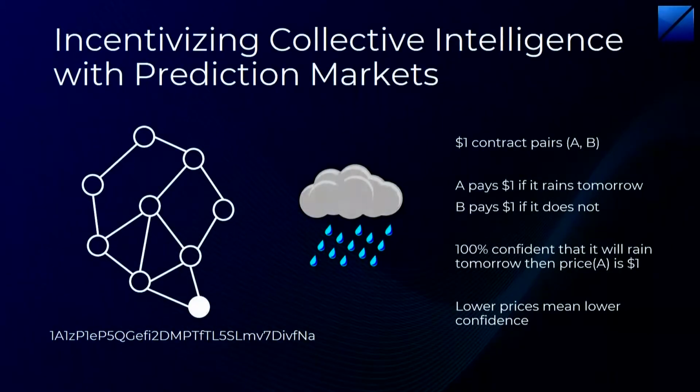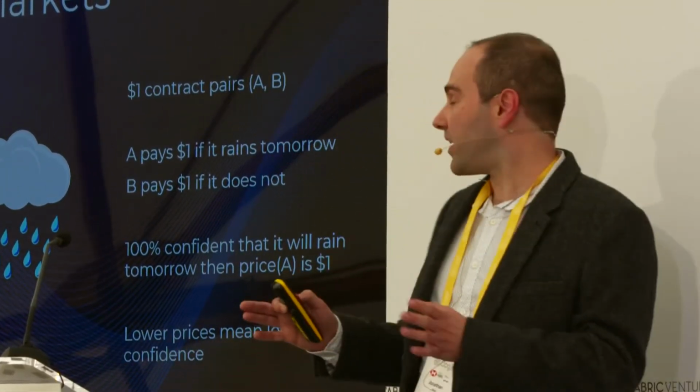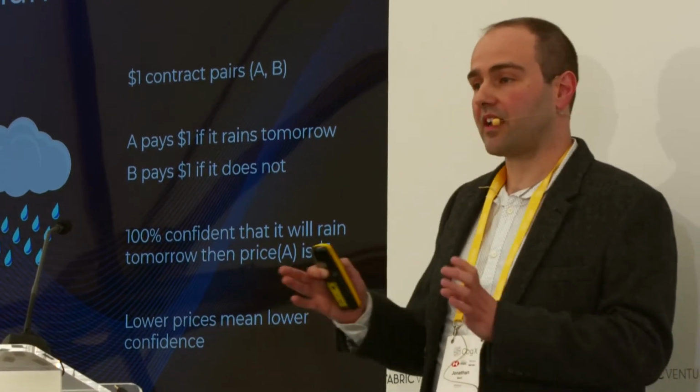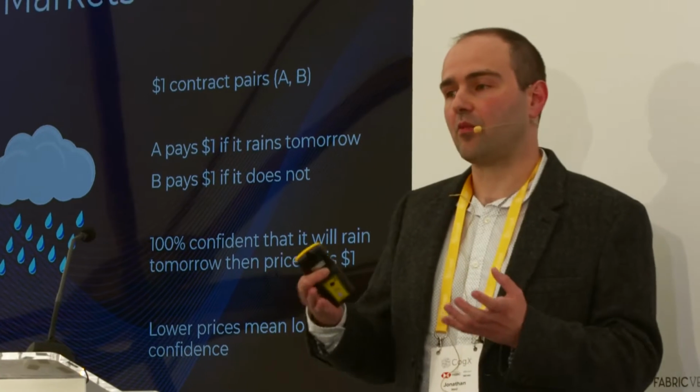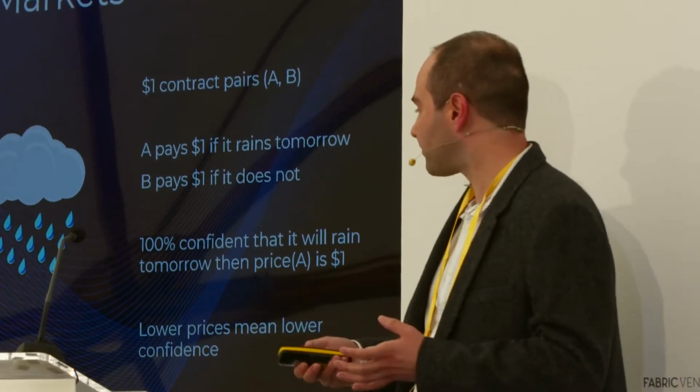But once you have these pair of contracts, what you can then do is go in the market, and if you think it's definitely going to rain tomorrow, you're going to sell your contract B, which says it's not going to rain. And in that way, you can specify a market for what's going to actually happen. This is a way that people can go into the market and obtain predictions from multiple different devices, aggregate that, and obtain a prediction that's of interest to them.